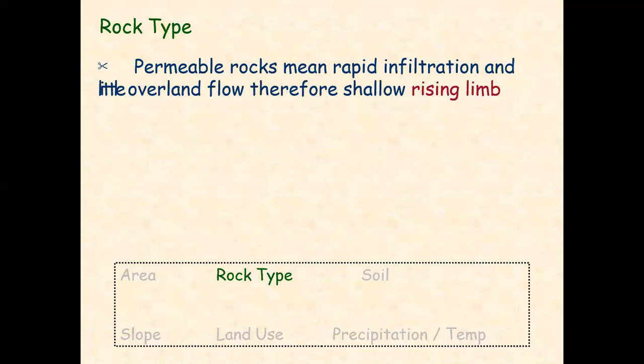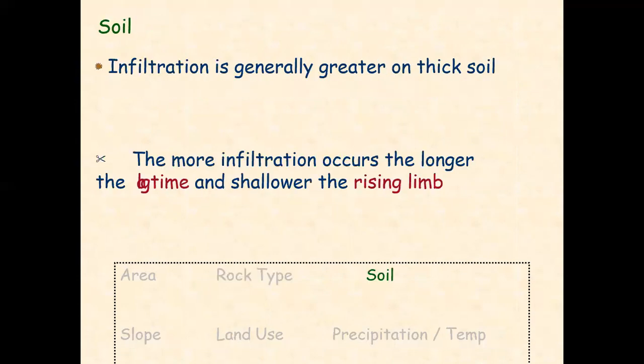Rock type: permeable rocks mean rapid infiltration and little overland flow, therefore shallow rising limbs, as with soils having a high drainable porosity. Soil: infiltration is generally greater on thick soils. The more infiltration occurs, the longer the lag time and the shallower the rising limb.